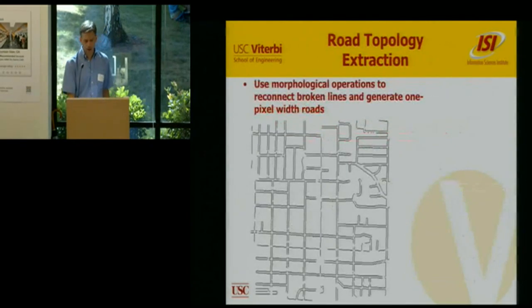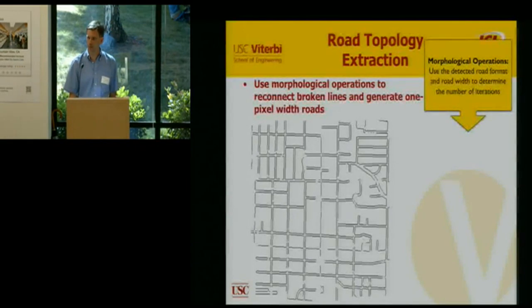So here, the next step is to actually reconnect the broken road lines. What we really want to do is end up with a topography of the roads that's accurate. So those roads that are connected. Since roads tend to be connected, you don't end up with a bunch of separate road segments, right? So we're trying to go back and reconnect the ones that were essentially broken when we removed the text layers. To do this, we go through a series of morphological operations that allow us to reconstruct this